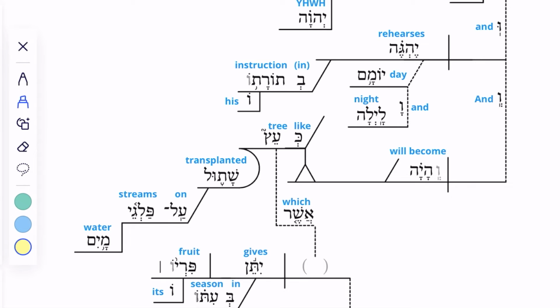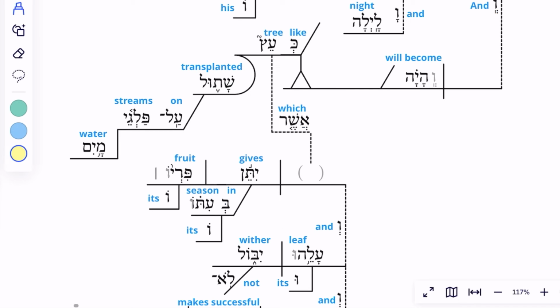This tree is one transplanted on streams of water. See our lexical semantics for why this is transplanted rather than simple planted. The transplanted is diagrammed with a curved modifying line, showing that it's a participle. In this case, it's a passive participle. The tree is modified by a relative clause, in the next clause,